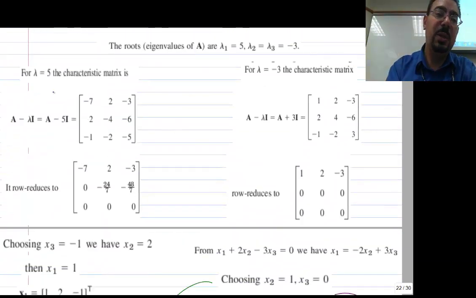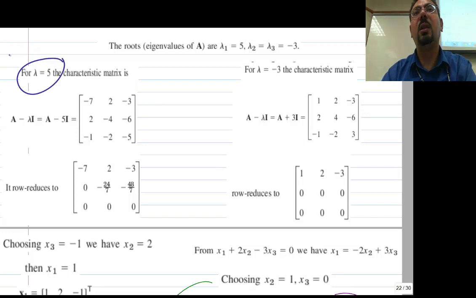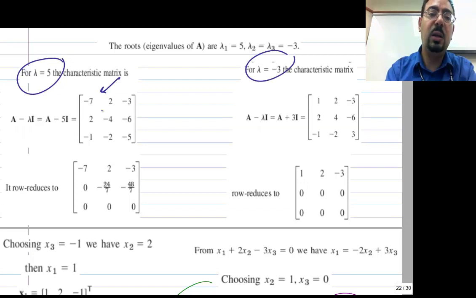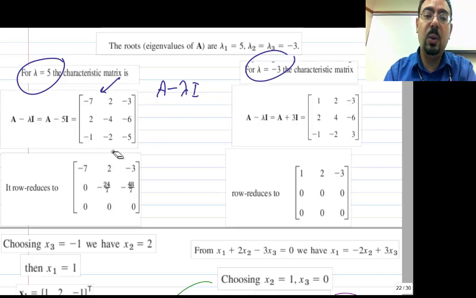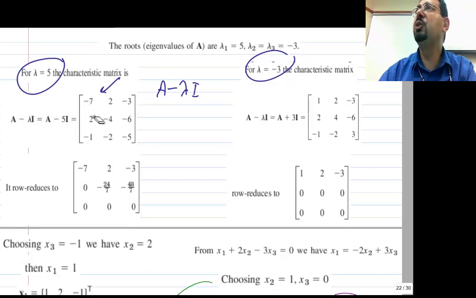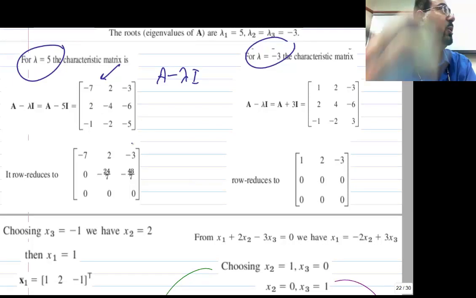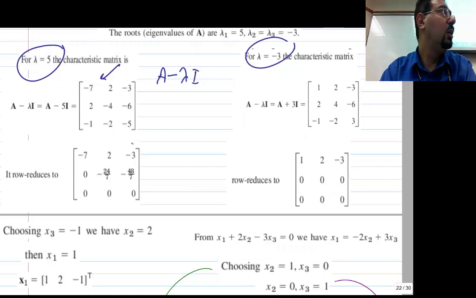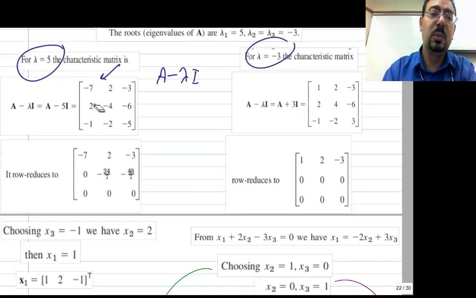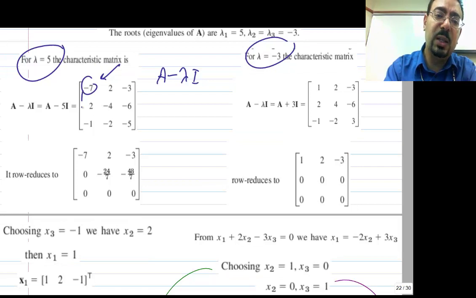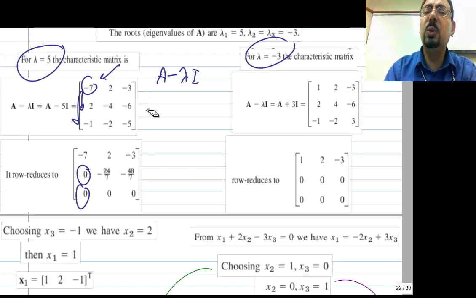So what happened next? We basically put lambda 5 and lambda minus 3. We plug them into the matrix A minus lambda I, and now we will solve for the eigenvector. How do we solve it? We use Gauss elimination to try to turn it into an upper triangular matrix. So what he will do, he will use this minus 7 to get 0 here and 0 here. He did it, 0 and 0, but in the process, note that when we use Gauss elimination,